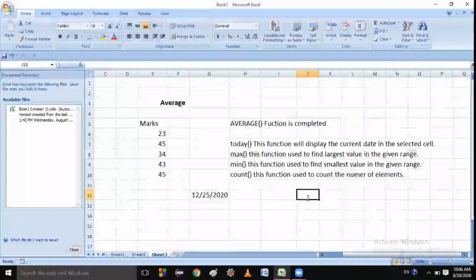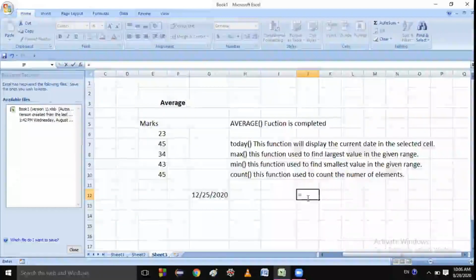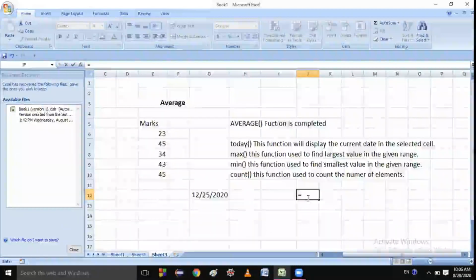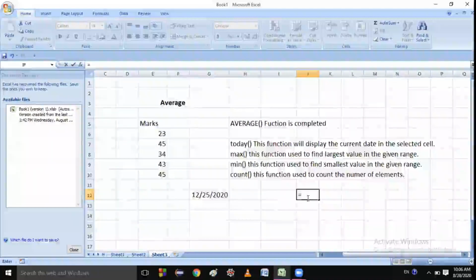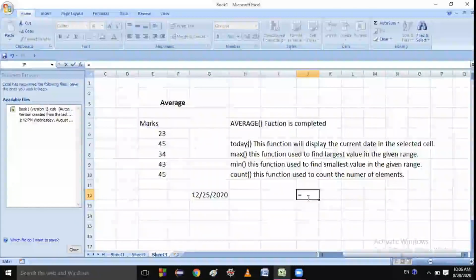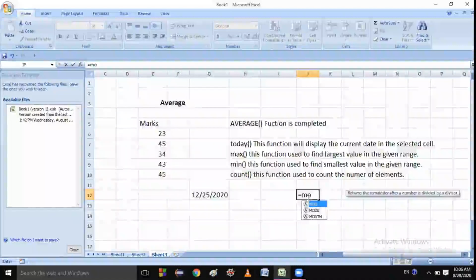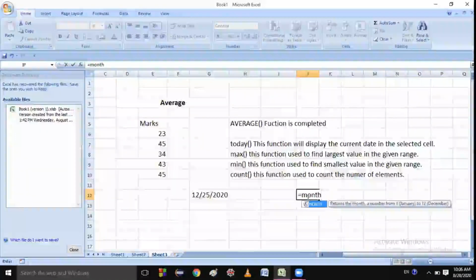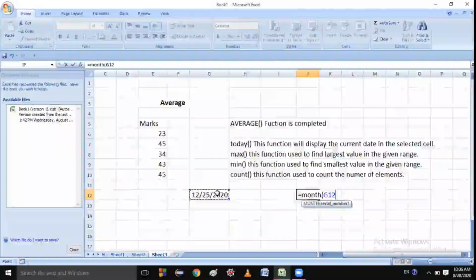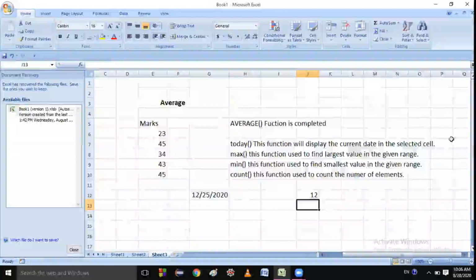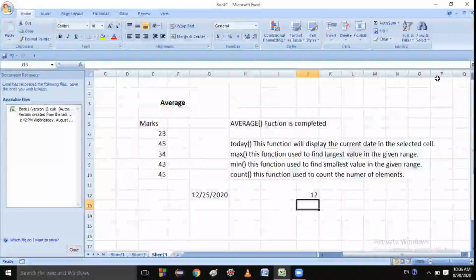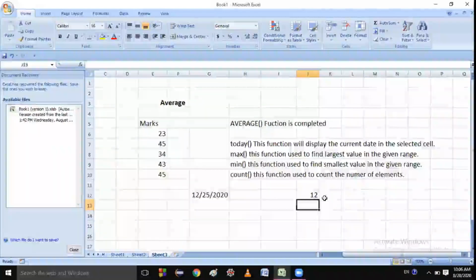If you want the month, how will you use the function? MONTH, bracket, then you select this cell, close the bracket and press enter. Is it clear? Yes, sir. Okay, very nice.